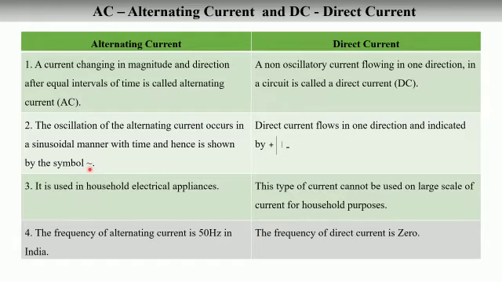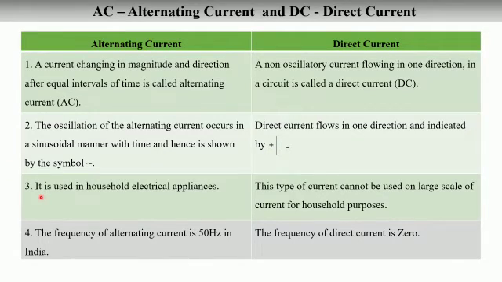If you find a symbol like this, it indicates that the current that is flowing is of alternating nature. This symbol is called a sine wave or a sine curve. A sine wave, also called a sinusoid, is a curve that describes a smooth periodic oscillation. A direct current will flow only in one direction and it is indicated by one long, one short line. The short line is the negative terminal, the longer one is the positive terminal.